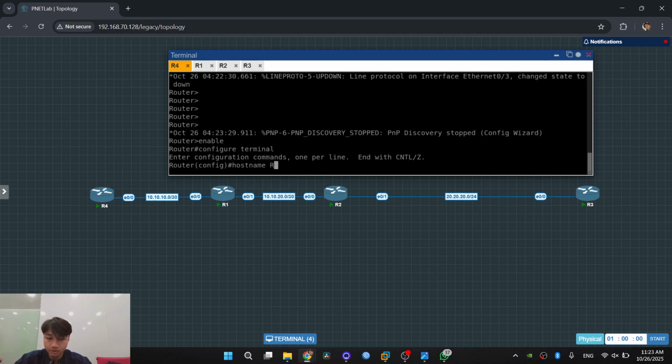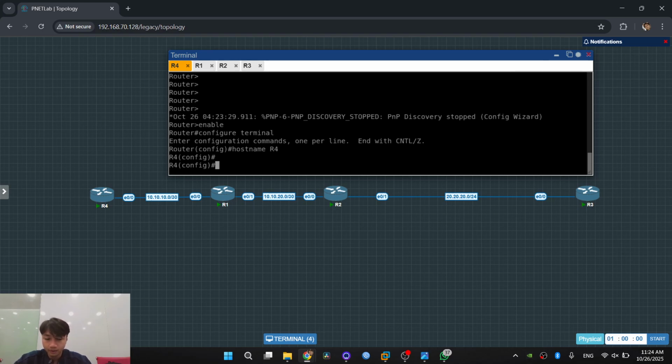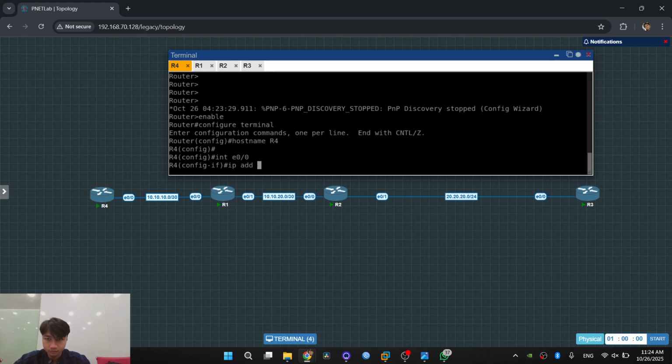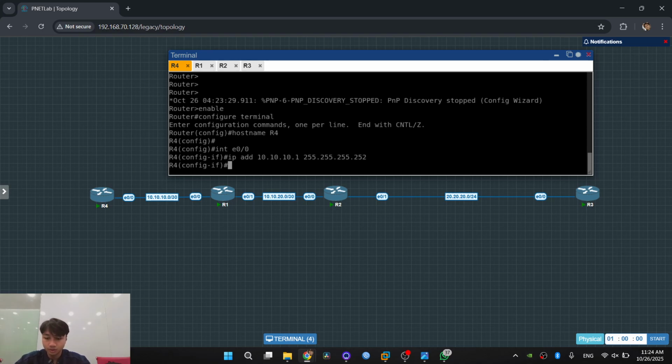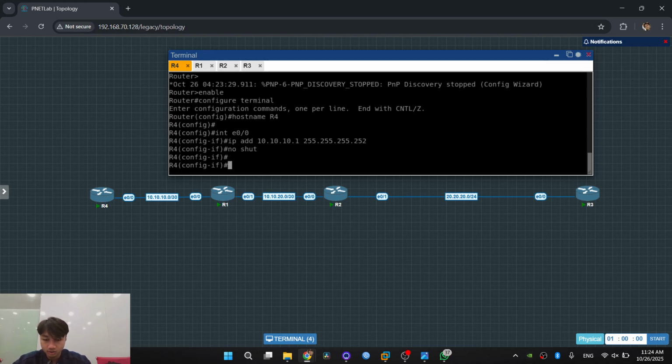The command is hostname R4, and then we set the IP address. In Cisco we use subnet mask, different from MikroTik which uses slash or prefix. And we use no shut, and then exit.